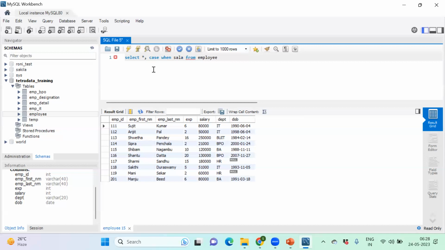Case when salary is greater than or equal to, suppose, 1,20,000, then let me put highly paid. I do not have to put case again. When